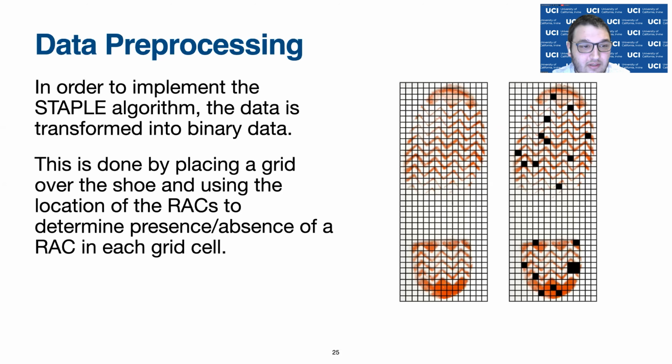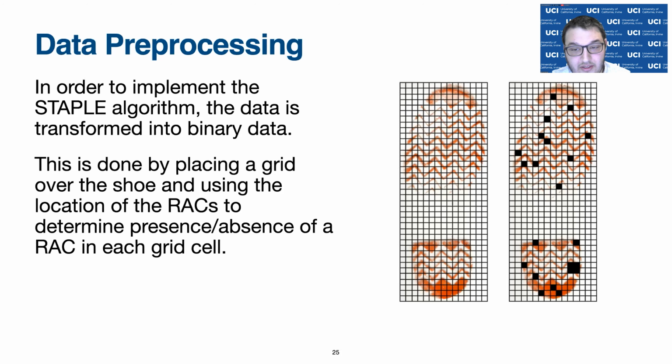The examiners, as I mentioned, record the location of the RAC, so we have the XY location of the RAC. What we did is we placed a grid over each examination, and recorded whether or not a RAC appeared in that cell as determined by the location that the examiners